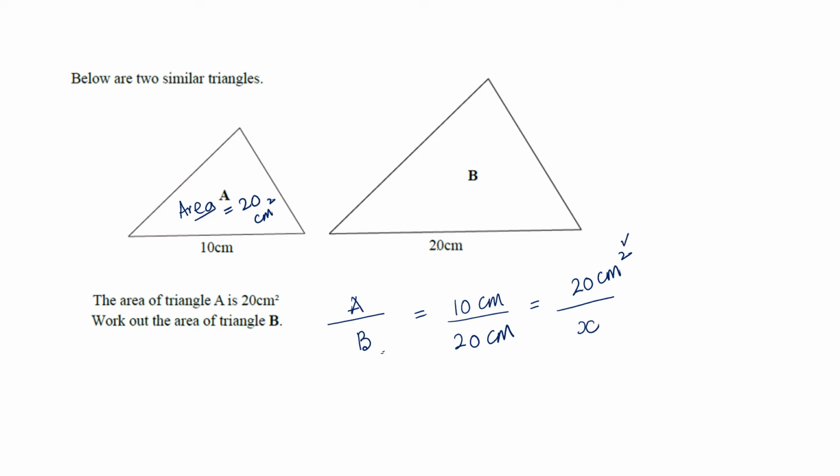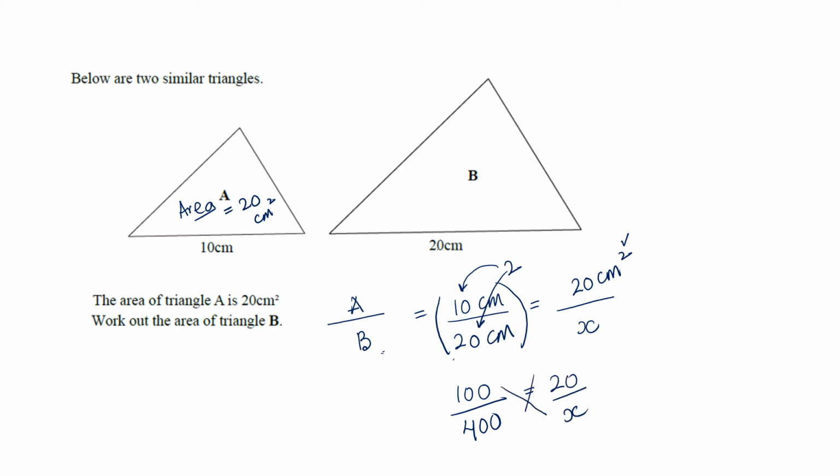So on the length it's centimeter, centimeter. So what you do? You just make it square. Now you are done. So this square is on the 10. This square is on the 20. So 10 square means 100, means 10 times 10. 20 square means 400, because 20 times 20 equals 400, equals 20 over x.